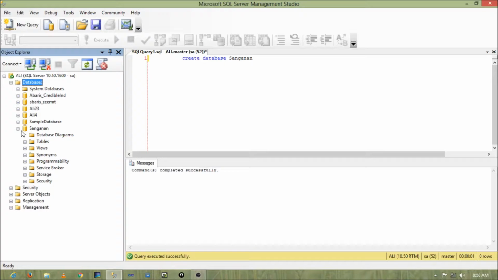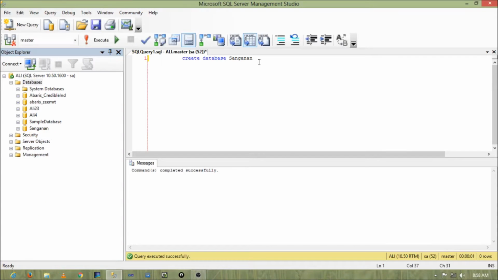I would like to tell you one thing. Whenever you create a database, two files get generated. One is an MDF file and one is an LDF file. The .mdf file is used to contain the actual data. Whatever data you store in your database will get stored in the .mdf file, and the .ldf file is used